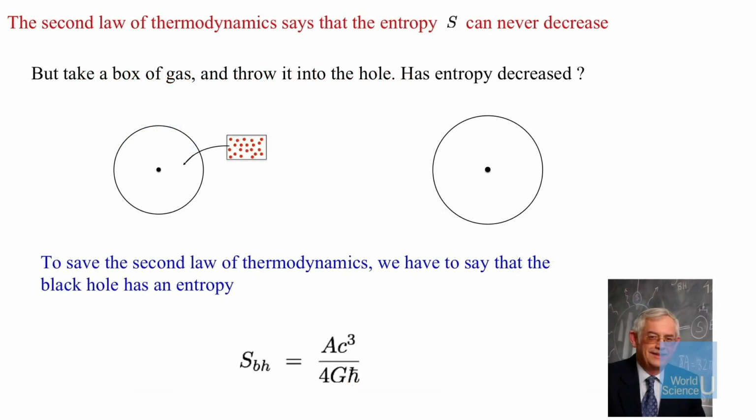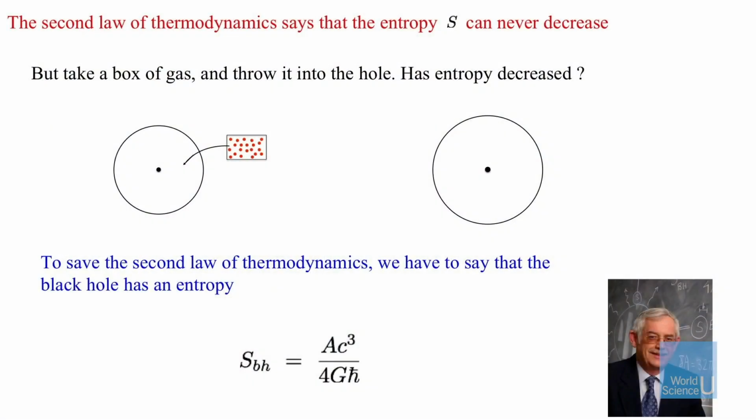For that, we go back to what I was mentioning at the start of the talk, the work of Jacob Bekenstein. So Bekenstein had noticed an odd fact. You might have heard about the second law of thermodynamics, which says that entropy always increases. Entropy is the amount of disorder in the universe, and that doesn't go down. It can only go up.